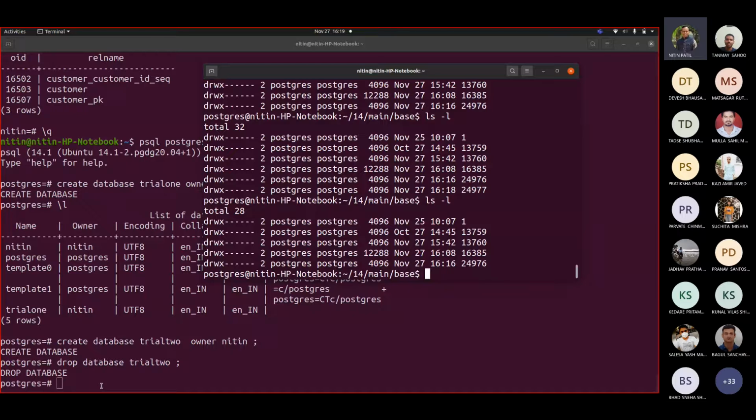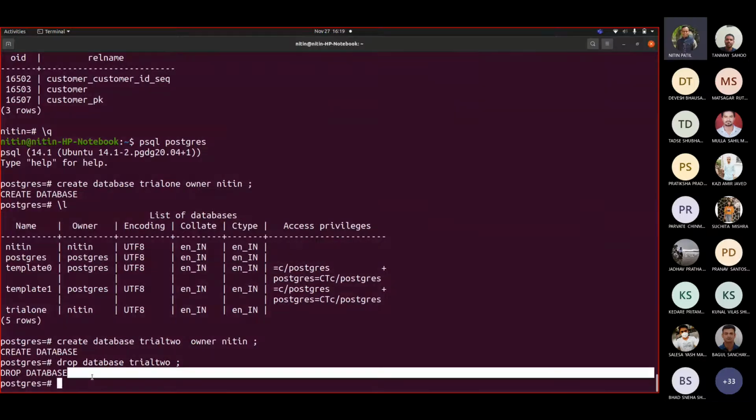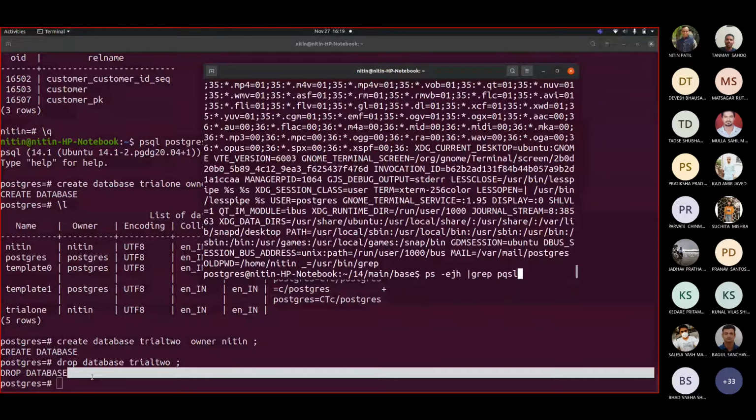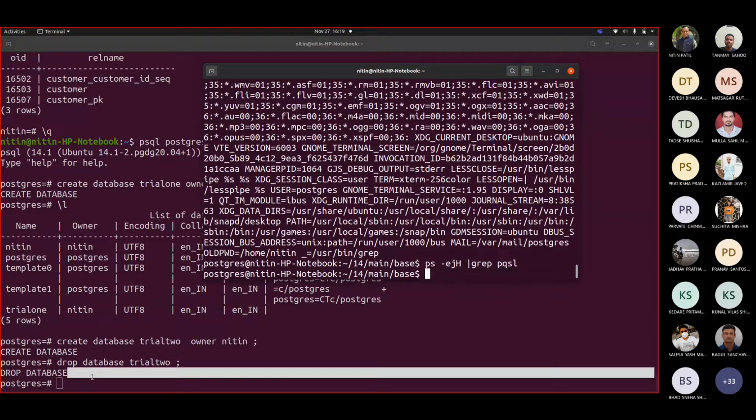Now I said process manager. How did process manager come into the picture? You are using psql here, correct? Let us see whether there exists, let us write ps.